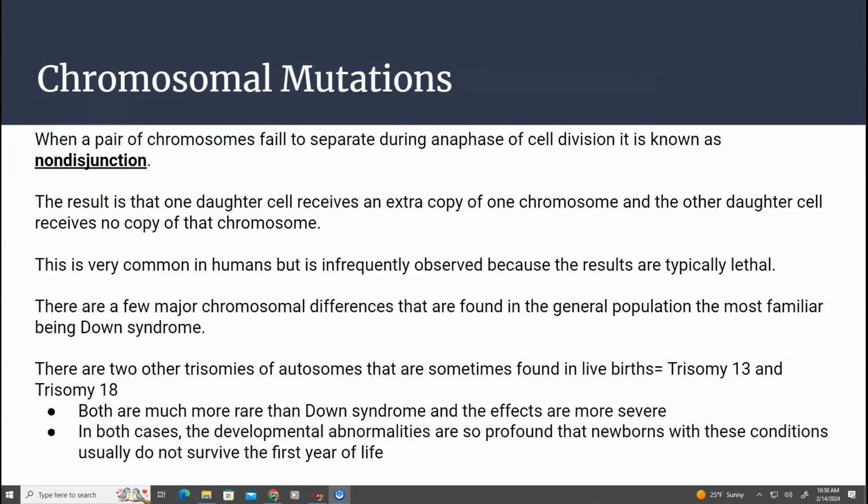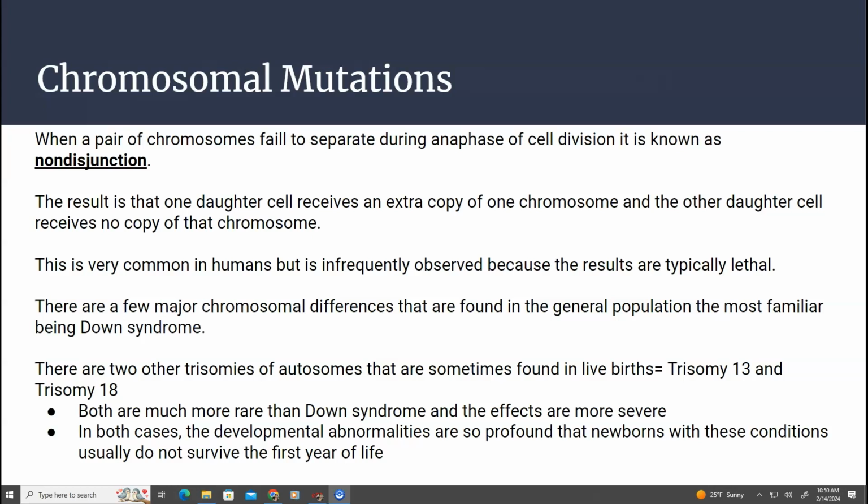There are a few major chromosomal differences that are found in the general population, and the most familiar is Down syndrome. There are two other trisomies of autosomes that are sometimes found in live births, trisomy 13 and trisomy 18. Both are much more rare than Down syndrome, and the effects are more severe. In both cases, the developmental abnormalities are so profound that newborns with these conditions usually do not survive the first